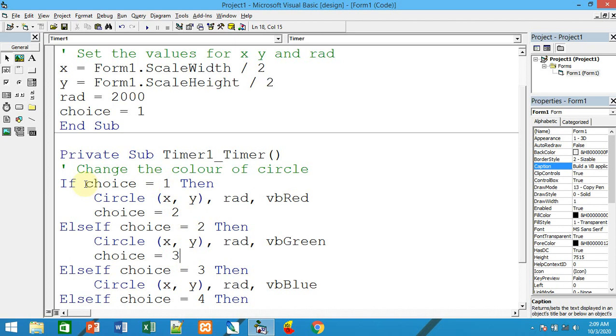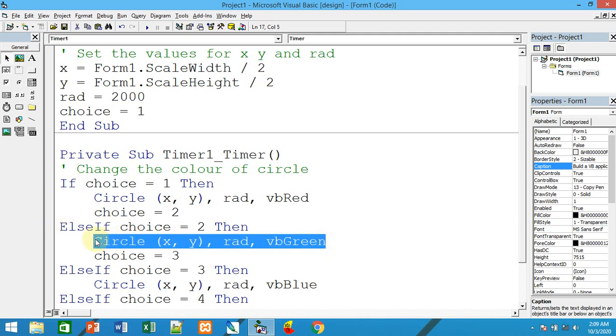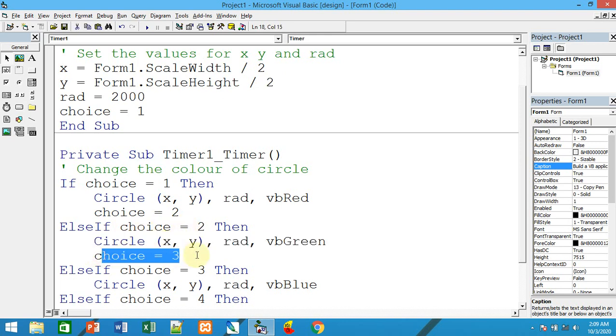When choice is 1, the circle will be displayed with VB red, and after displaying it you have to make this choice value 2, which means in the next interval you are going to execute this command, choice equal to 2. When choice is 2, you will be displaying the circle with this color, and again you will be linked to the next value.